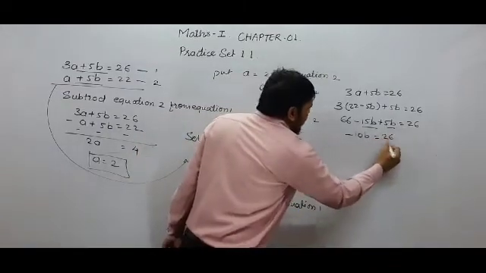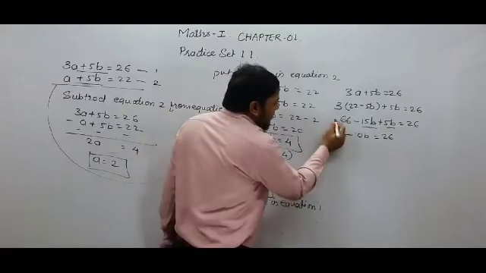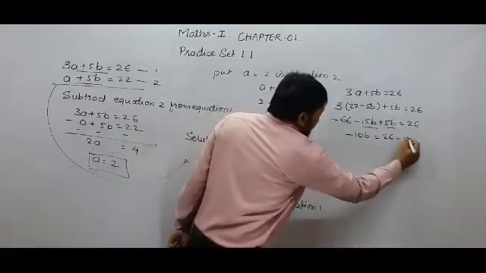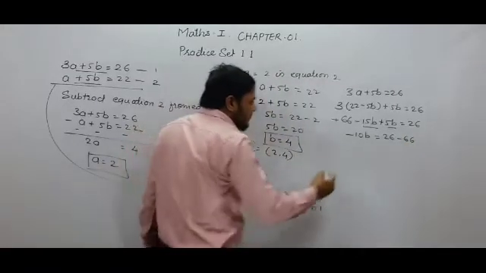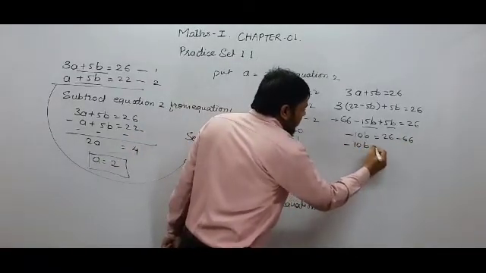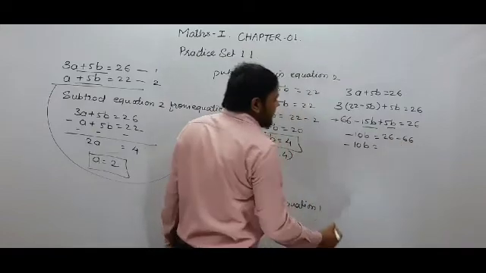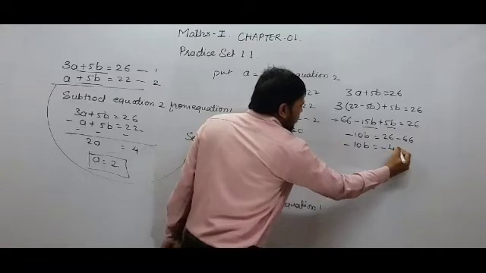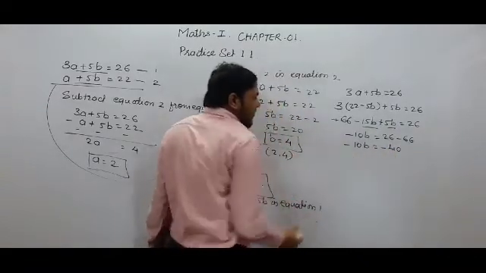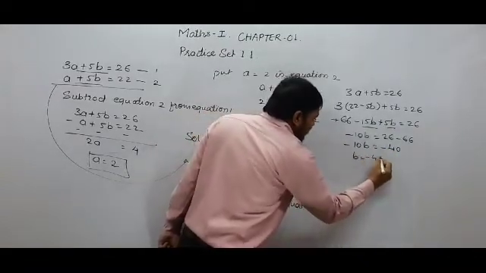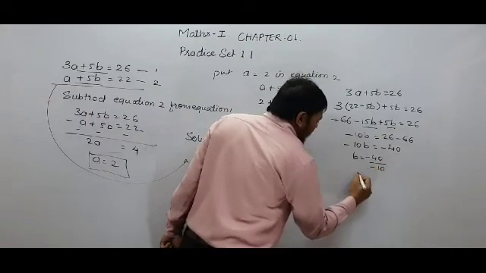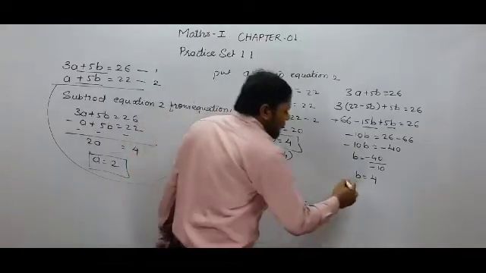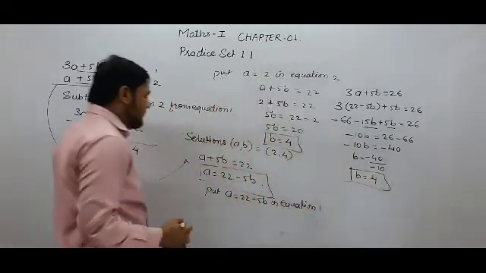So equal to 26, and then this positive 66 you have to take to this side in order to find the value of b. So it will become negative 66. So negative 10b equal to 26 minus 66, the sign of the greater number will be negative, and 66 minus 26 will be 40. So it will be minus 10b equal to minus 40, b equal to minus 40 upon minus 10. Negative will become positive, so b will be equal to 4, because 10 fours are 40. Again the value of b is 4 here.